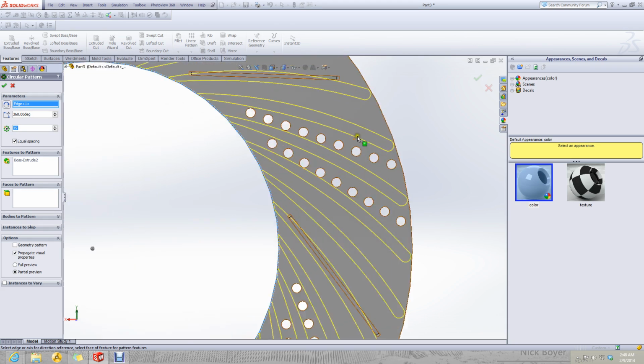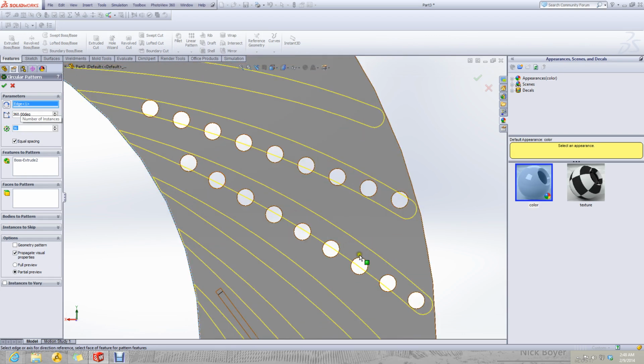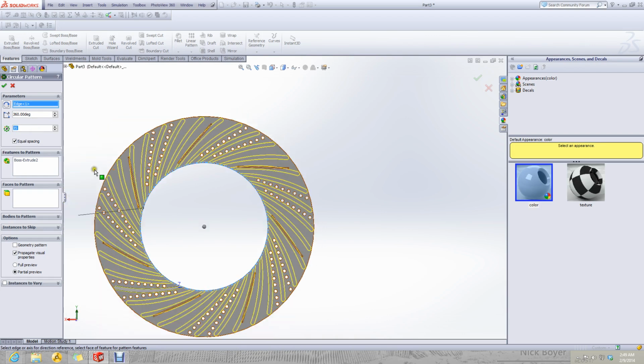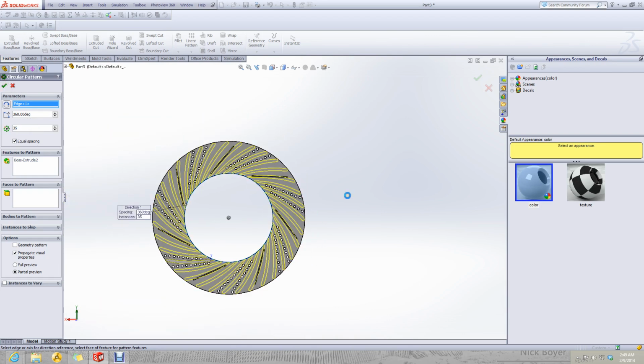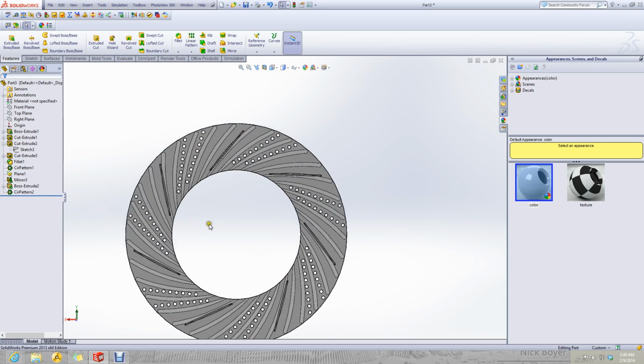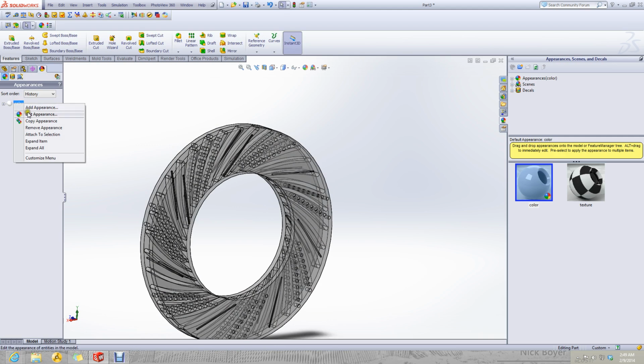Now let me show you what happens if I put it 36 here. These will intersect these circles. This should not happen. So this is 35. Now I will remove this transparency.